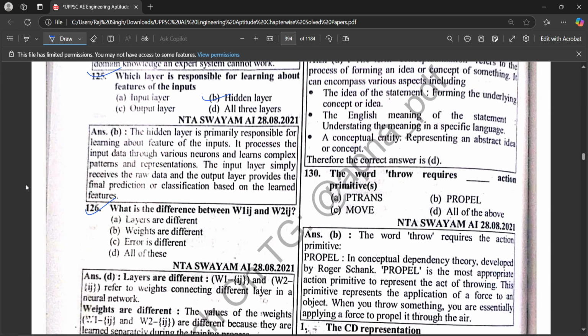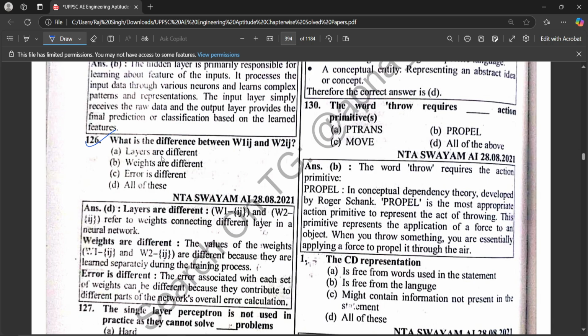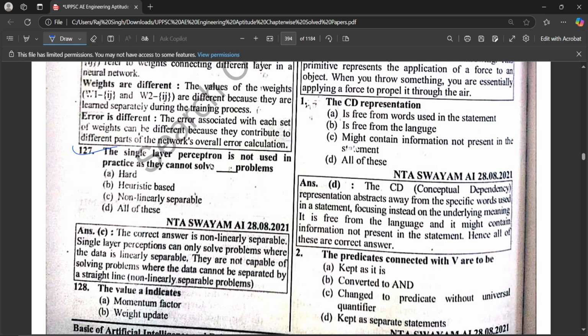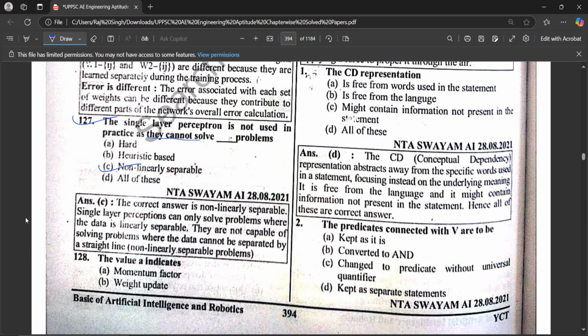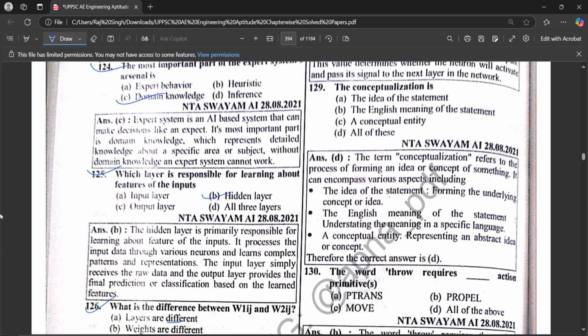What is the difference between W1ij and W2ij? Layers are different, weights are different, error is different, all of these. The single layer perceptron is not used in practice as it cannot solve the problem which is non-linearly separable. Value indicates which is